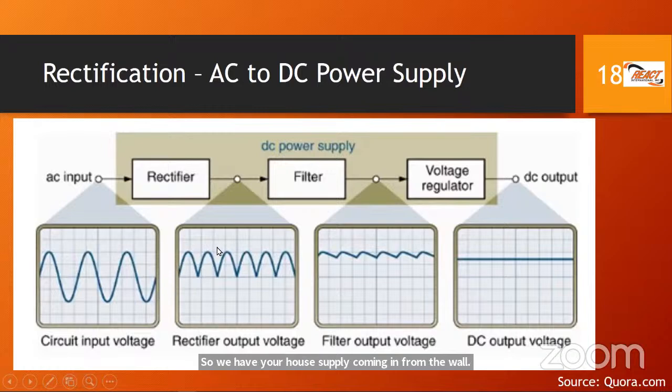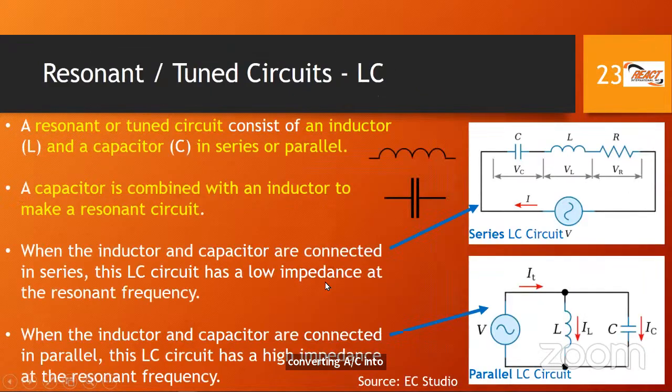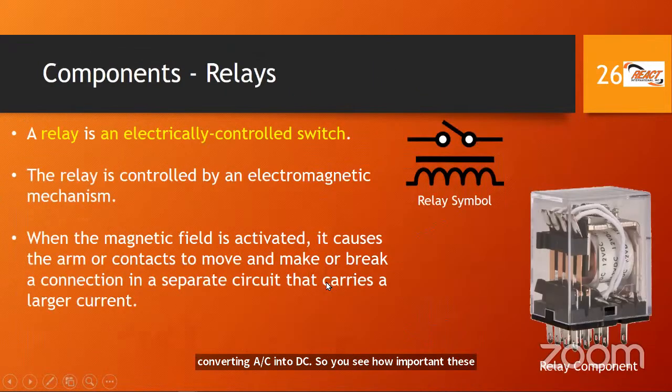We rectify it, we use a diode and we get pulsating DC. And then we filter it a bit using filter capacitors to smoothen it out. And then eventually we use a voltage regulator to give it nice and steady. So all of these components and others will achieve converting AC into DC. So you see how important these components are to us and understanding what each and every one of those components